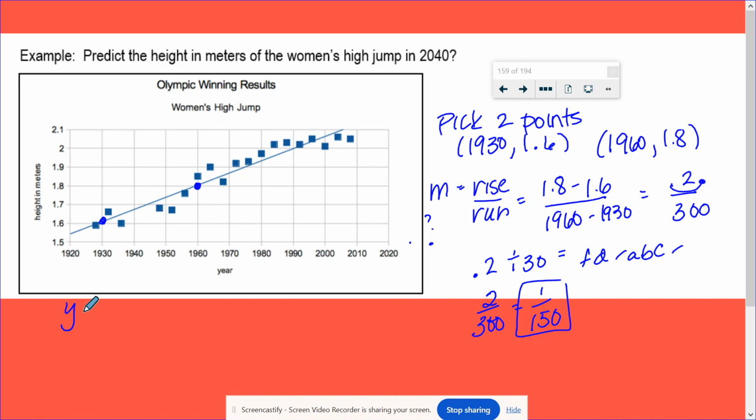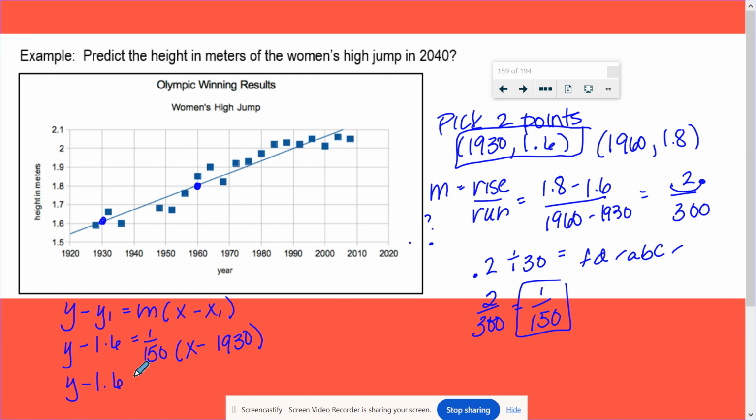All right, now I need to do my formula. y minus y sub 1 equals m times x minus x sub 1. It does not matter which point we use. So let's just go ahead and use this one here. So y minus 1.6 equals 1 over 150 times x minus 1930. So y minus 1.6 equals 1 over 150x minus, give me a minute here to work this out, 1 over 150 times 1930